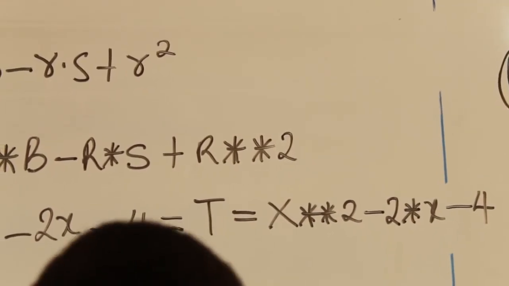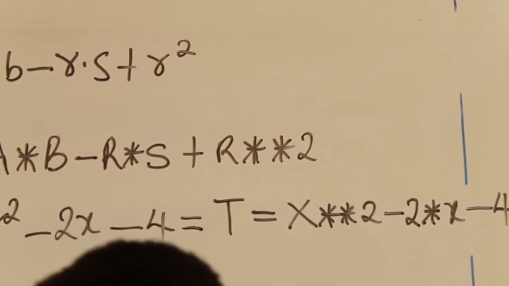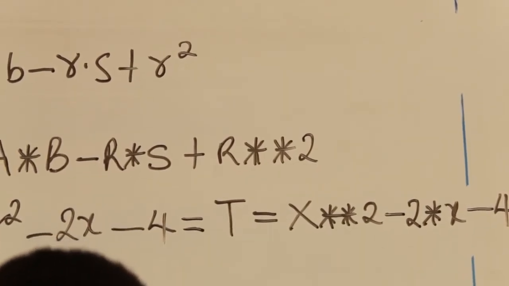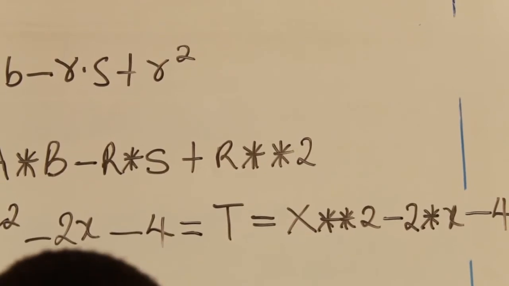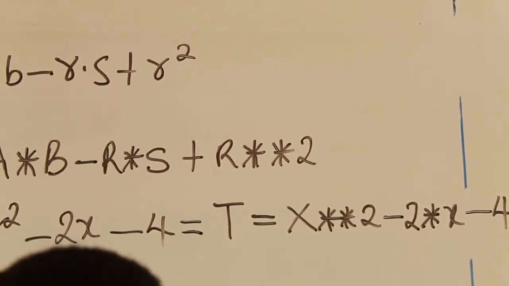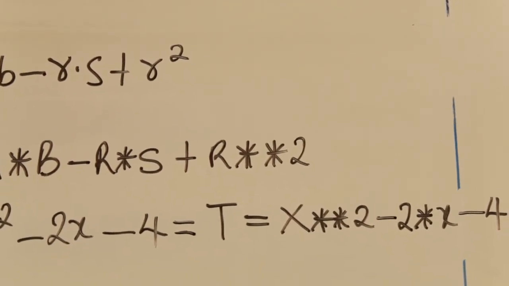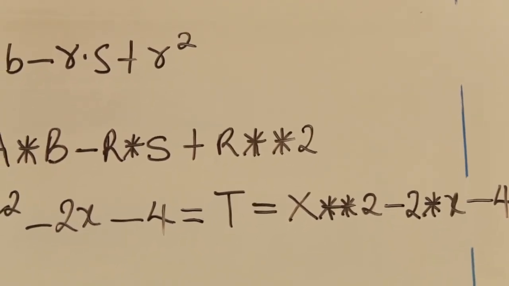Alright, so that's what we have there. We have t is equal to x raised to the power 2 using double asterisk, minus 2 times x, minus 4. Alright, so if that is clear, now let's look at the third example,